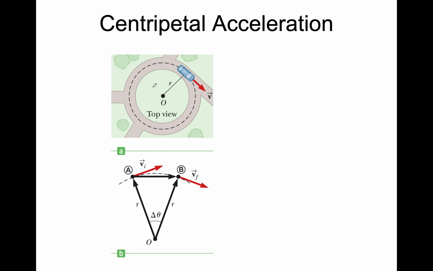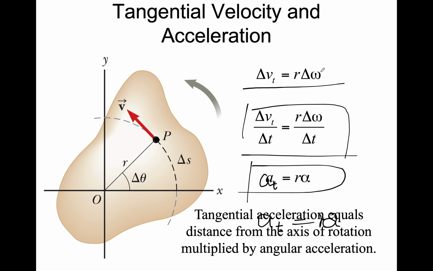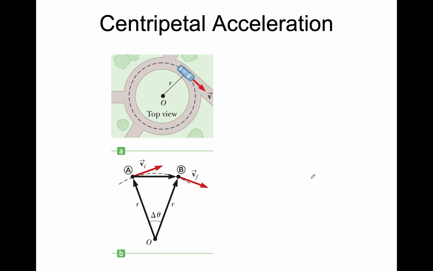Now, if omega is a constant, we should conclude that the change in omega is 0, so angular acceleration is 0. So if omega is a constant, we don't have tangential acceleration. Only if alpha is not 0, which means the angular velocity is changing, do we have tangential acceleration. However,